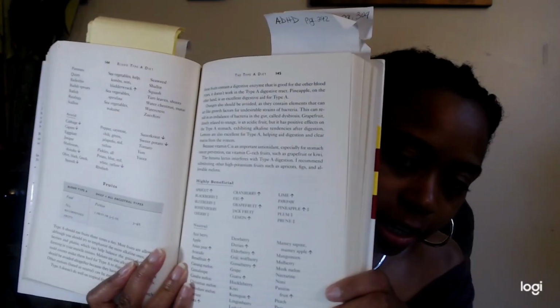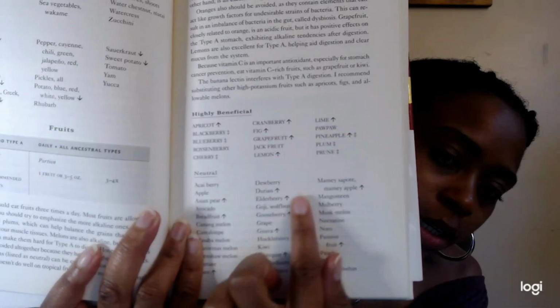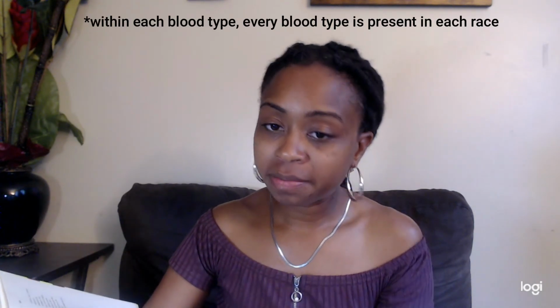So for each food group in each blood type, he has a list of highly beneficial foods, neutral foods, and foods to avoid. Then he has the recommended servings of each food you should eat per day or per week, based on how often you should eat it. And for some of the portions, he has it sectioned off per race. So the African descent, Caucasian descent, and Asian descent should eat a certain amount, which could be different based on